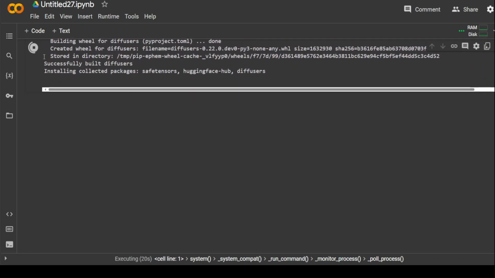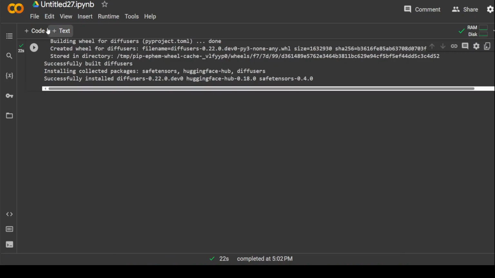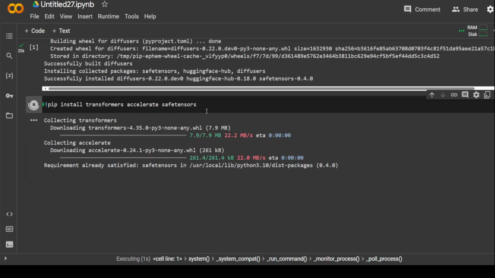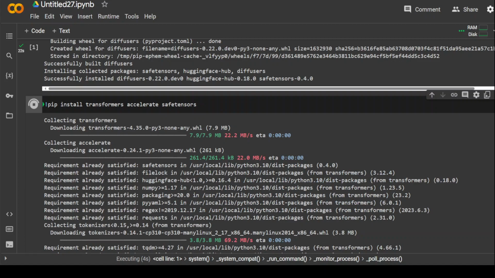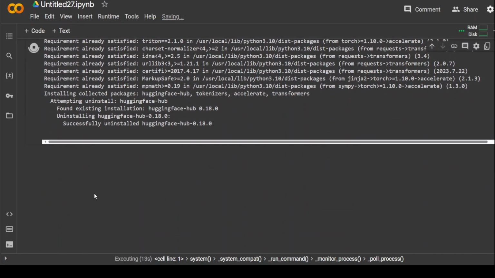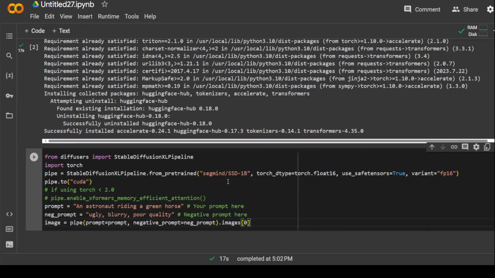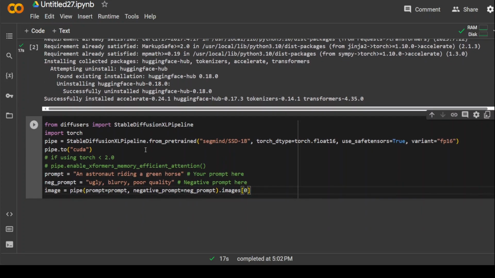Let's go down. This is rotating, almost done. That's done. Now, in the next step, let's install the usual suspects like transformers, accelerate, and safetensors. Again, I don't expect much time that it would take, so let's wait for it to finish. That's done. Now, in this code chunk, what I'm doing is I'm importing this